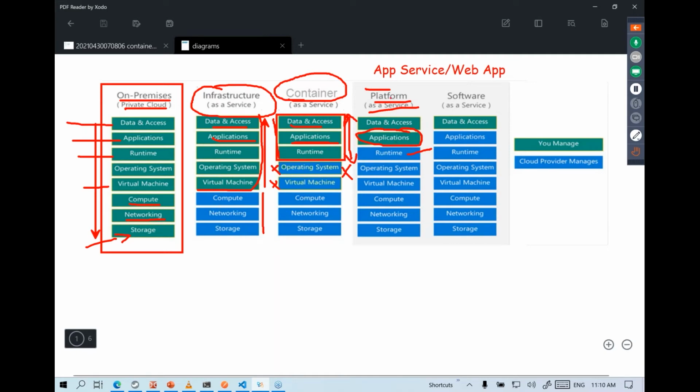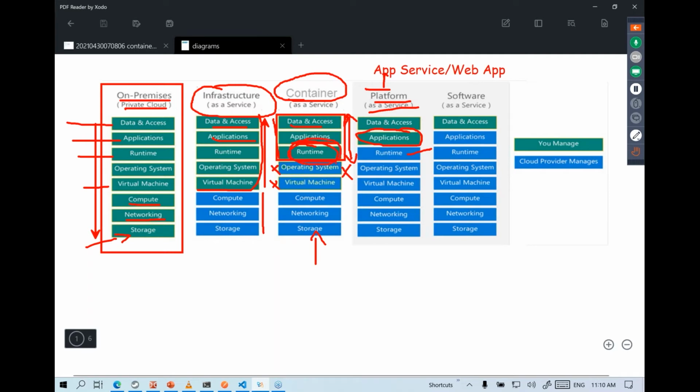So think of it as very much similar to what people have been doing since the very beginning of the internet days. Like when people host websites on any cloud platform or on any provider, we typically just focus on the actual application and the data, and the runtimes are pre-installed for us and so on. So you can see that container as a service offers us more flexibility because you get to control exactly what runtimes you want to install.